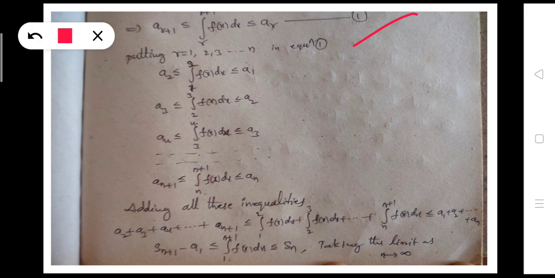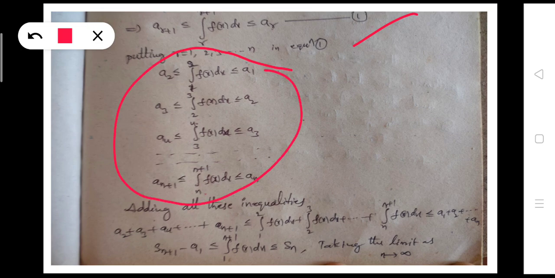What is the middle part? If r is equal to 1, that is integral 1 to 2 of f(x) dx, and r equal to 2, integral 2 to 3 of f(x) dx, and so on like this. And what is the right side part? If r is equal to 1, that is a1, r equal to 2, a2, r equal to 3, a3 and so on, r equal to n, that is an. Now adding all these terms,